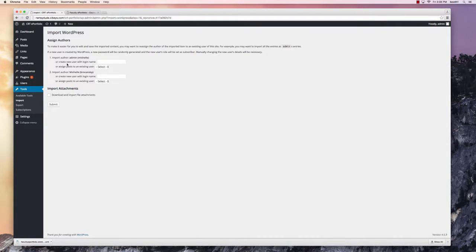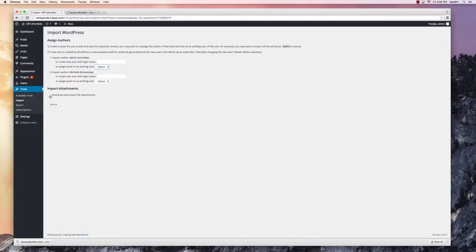Now, if the website that you are importing contained any blog posts, you'll see a screen similar to this, and it's basically asking if you want to reassign the author names that are appended to the imported posts, or if you want to leave them alone. You can assign them to a different username if you have any set up with the website, or you can type your own name here. But since I'm not really worried about it, I'm just going to ignore it